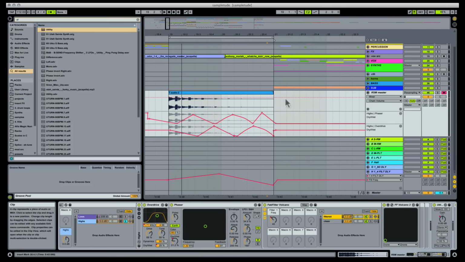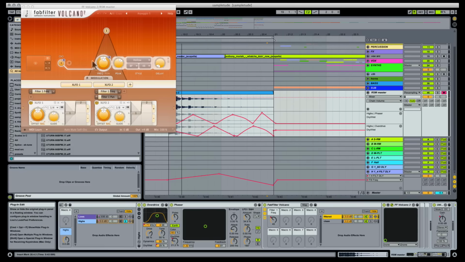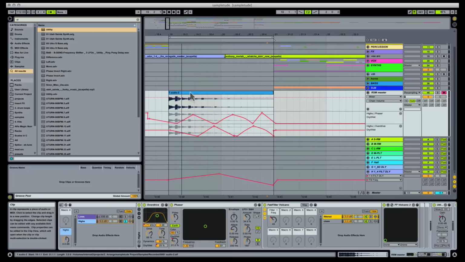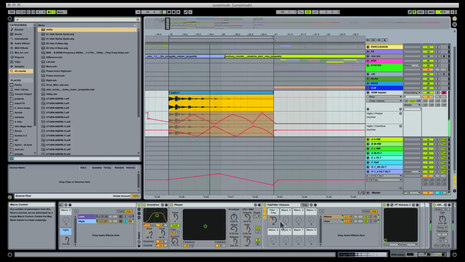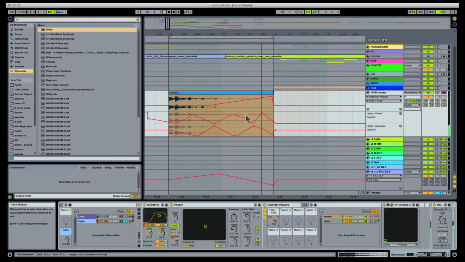And so I'll show you what FabFilter's doing actually. It's a bandpass filter and it's moving the frequency modulation with these two LFOs that are happening at the same time. That's why we're getting that cool ping-pong back and forth. And then I'm moving the filter frequency here. But I'm thinking,